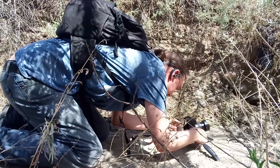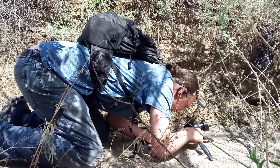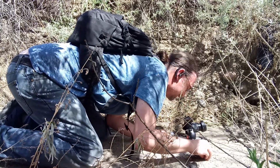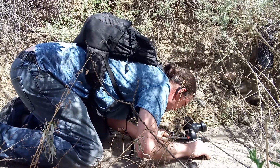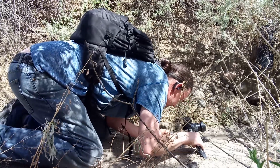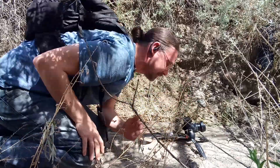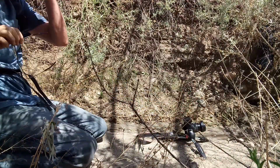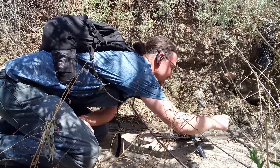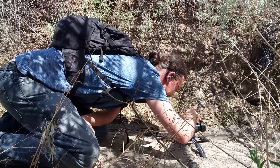I want that rock. Trying to get a couple little rocks in here. Just want them in the perfect places. There we go. I think I might have found a composition I really like, actually. So I'm gonna start with focusing on this close little rock right here. I don't know if that's visible, but...